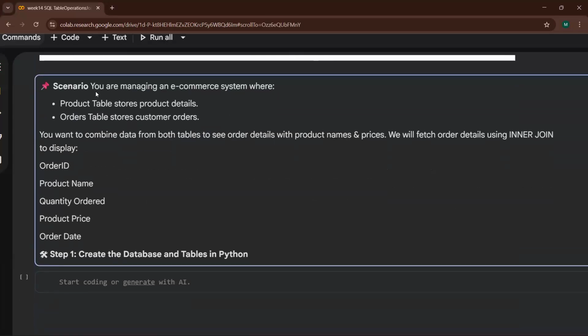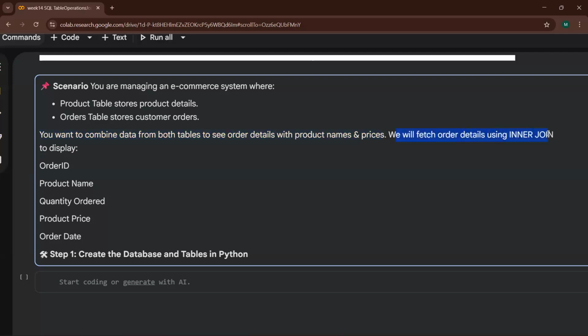First of all, we have a scenario where you're managing an e-commerce system where the product table stores the product details and the orders table stores the customer's orders. You want to combine the data from both tables to see order details with product names and prices.